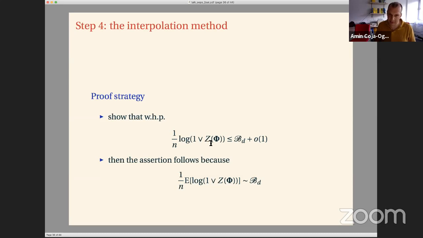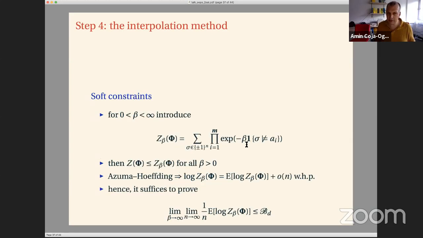And this upper bound, together with the fact that the expectation is approximately equal to the beta free entropy, then implies convergence in probability, because if with a non-vanishing probability your random variable would be a bit smaller than BD, then thanks to this upper bound, the expectation couldn't catch up anymore. So you would be left with a gap that would contradict the formula that we obtained for the expectation. So all we need to do is prove this upper bound here. And to this end, we are going to use a technique called the interpolation method. But in order to apply the interpolation method, we need one little extra twist,